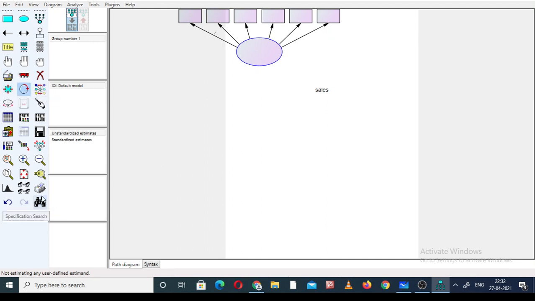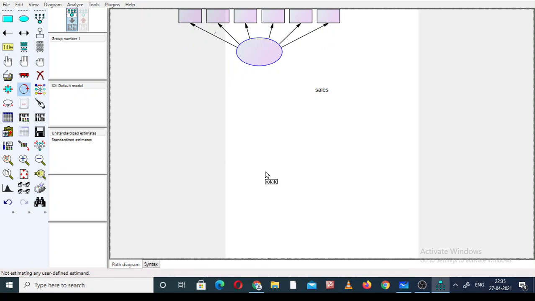This is for the find. This is for the print. If we would like to print out this canvas, remember it. As I told you, if something is outside this border, that will not come in the printout. So everything should be inside this box, inside this canvas. This is one thing.